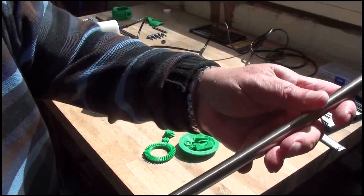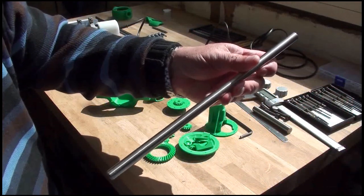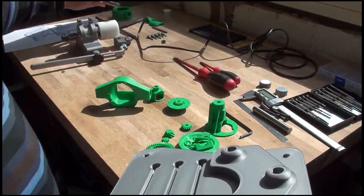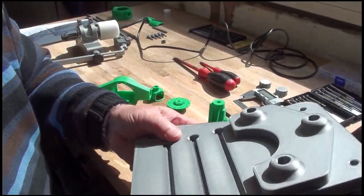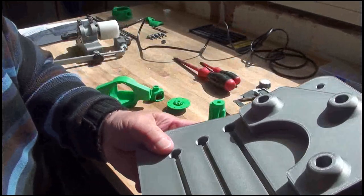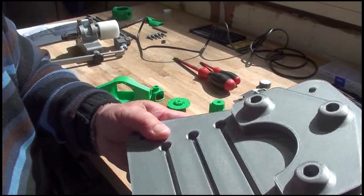This is what I'm waiting for, 2 more of these. This one arrived, it's a bit scratched but it's usable, and hopefully they'll arrive within the next couple of days and I can get on with building it up. I've still got some support material in here to get out. Can't see it, but this is the second one I've printed,